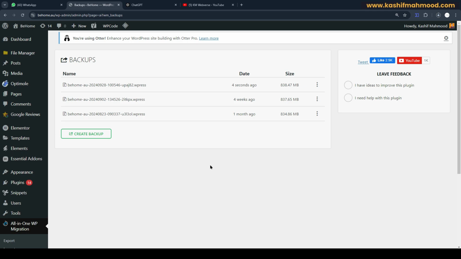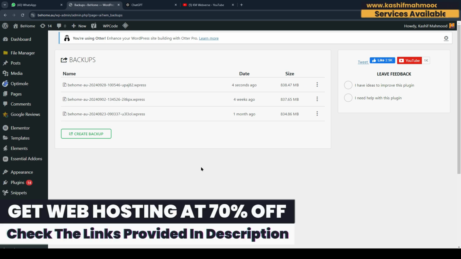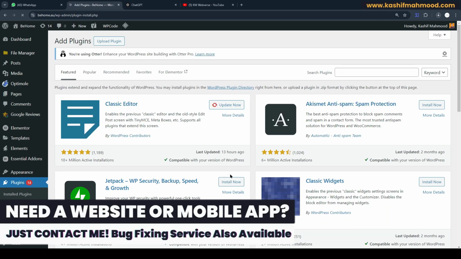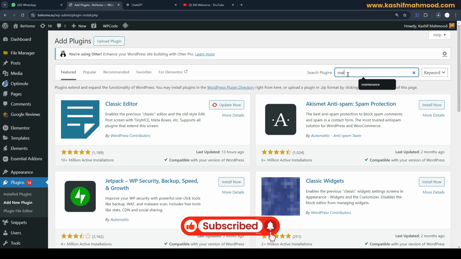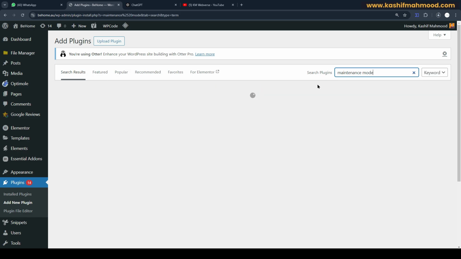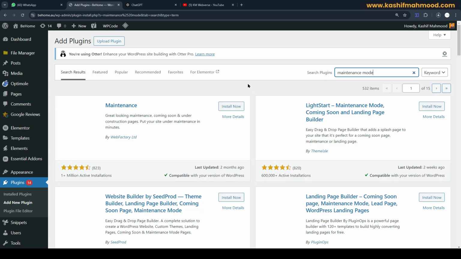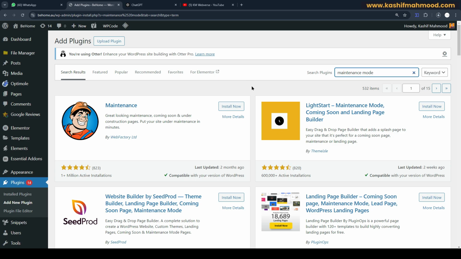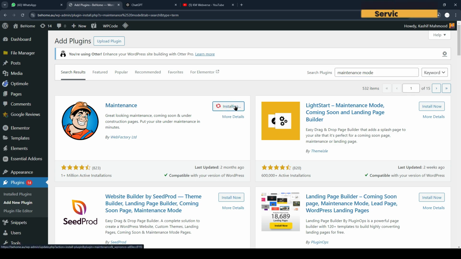So now the next step in the website maintenance that I do is that we have to install another plugin, and now we will have to install a plugin that will make the website go into maintenance mode. So if any user comes to the website, they will see that the website is under maintenance, because when we are updating the plugins and the themes, the user experience can be bad. So that's why we will have to install the maintenance plugin so that the user knows that the website is under maintenance. Activate the plugin,